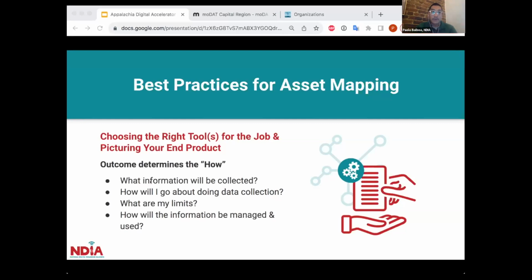Getting to the third bullet point, what are my limits? Again, asset mapping can and should be an iterative, ongoing process. This is a good thing, but it can also balloon out in some maybe unsavory ways, because personally, when seeking to learn about a community, I want to know everything. But for the purposes of this exercise, asset mapping, we'll want to limit our scope to digital equity and digital inclusion related